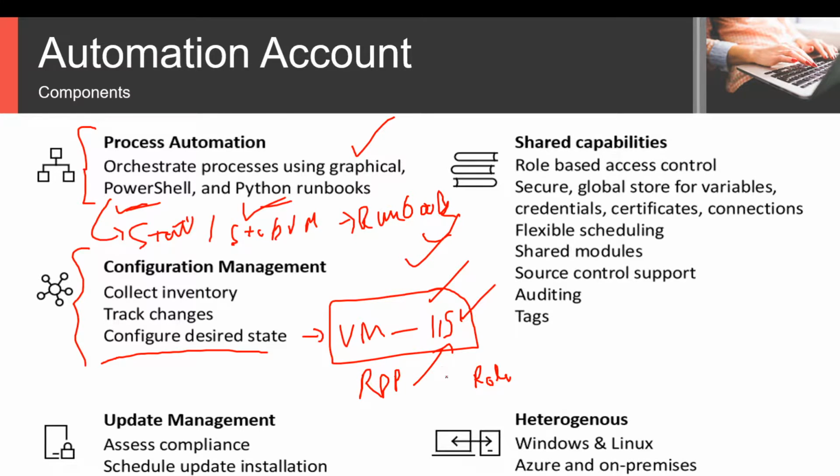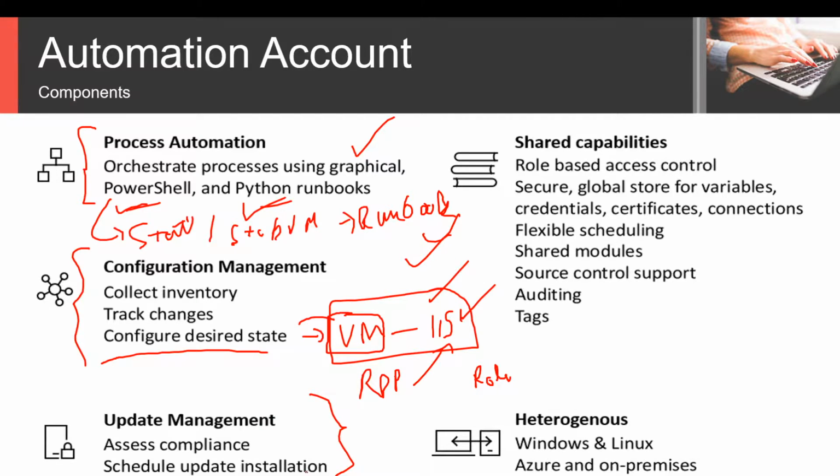Based on that schedule, it is going to revert the earlier settings which were available. So it will keep your VM at a particular setting that you have specified in the desired state. Any deviation from that desired state will again be brought back based on the script that you have mentioned in this DSC.